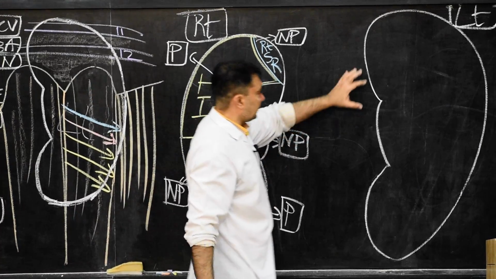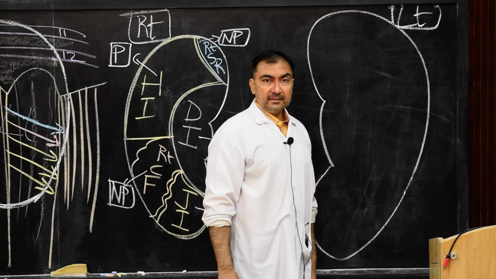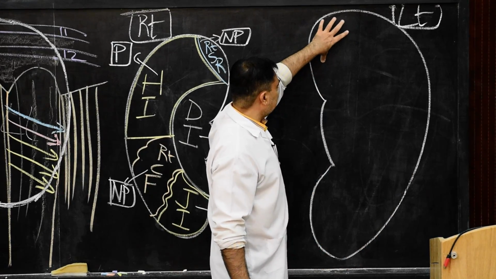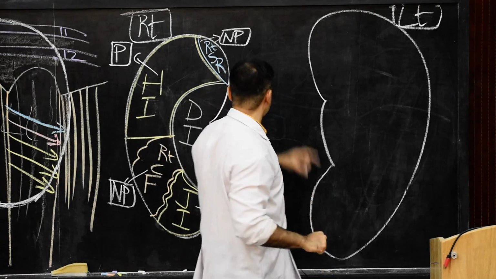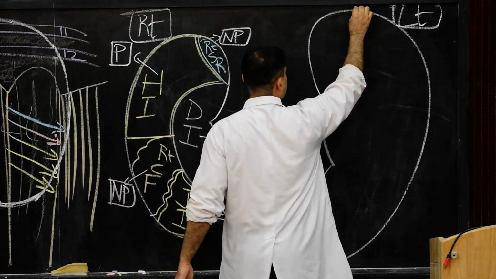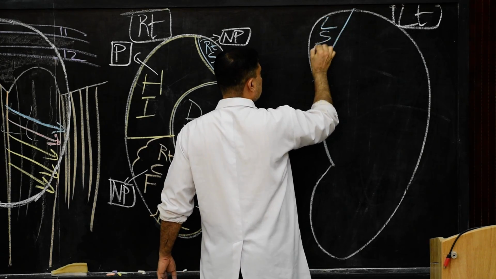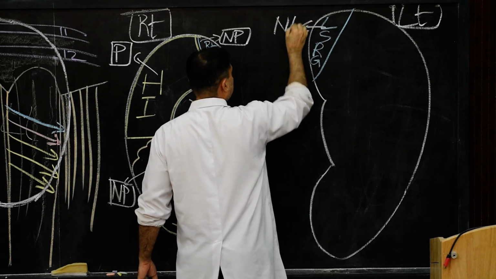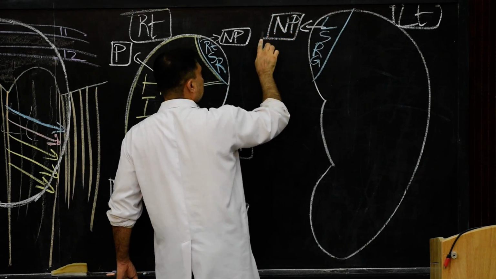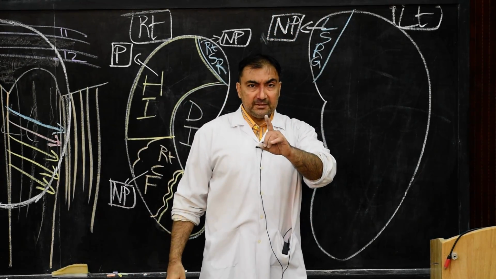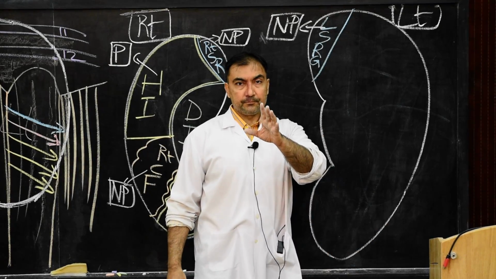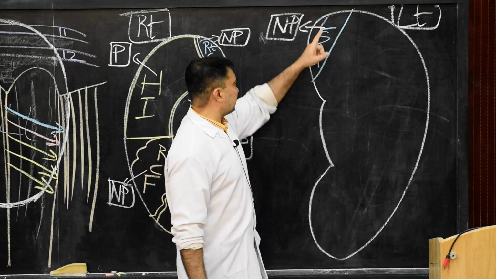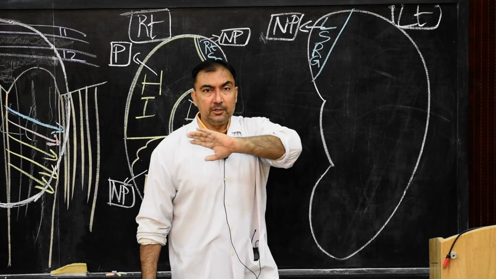Now we go to the left side here. On the left side, the anterior surface of the left kidney entire, I hope this is also visible. Okay. We start with the upper end the same way, like the left suprarenal gland. This is the left suprarenal gland impression, and it is non-peritoneal. But before we start, I will make it clear that the total number of impressions on the anterior surface of the left kidney is 6, and on the right kidney we discussed 5. So here 6 impressions. We start with the left suprarenal gland impression, that is totally non-peritoneal.